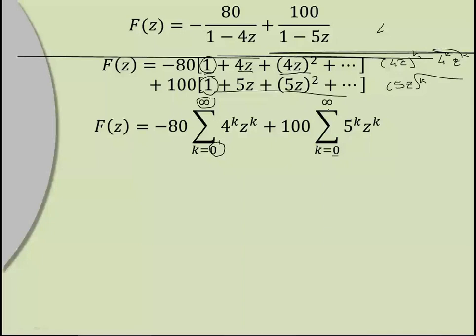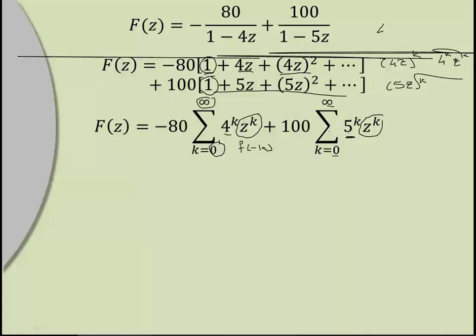Now, here we are getting positive powers of z. So we get the value of f of minus k. If we get the negative powers of z, it will be f of k. But if we are having the positive powers of z, it will be f of minus k. Same thing over here, positive powers of z. So the coefficient of this will be f of minus k. Here we have one term, here we have one term. So we are using f1 for this function and f2 for this function.